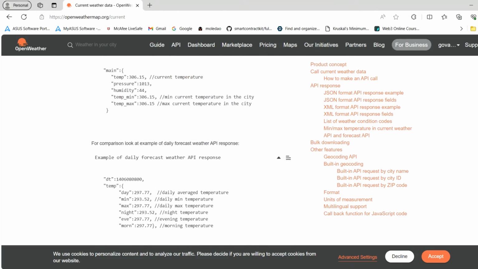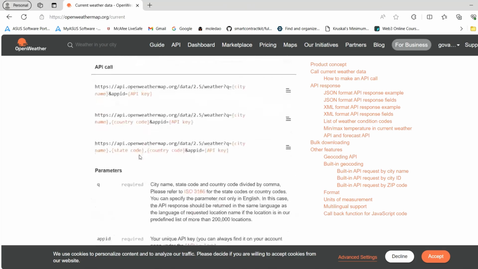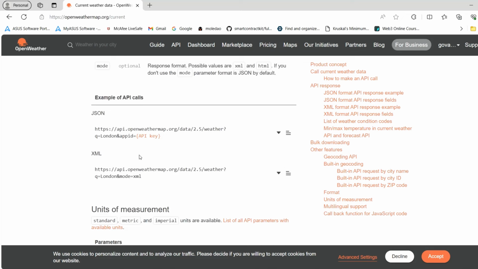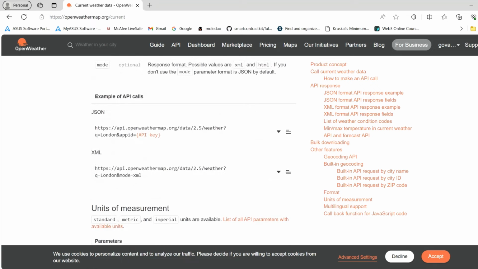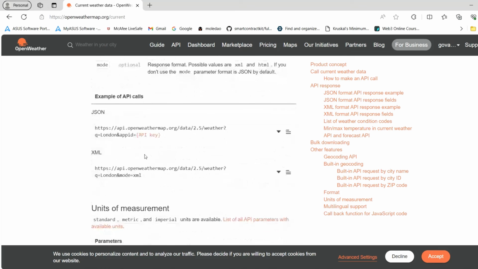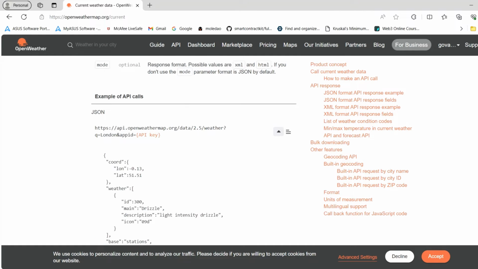We want city, guys, not all these things. So let me search for city. Yeah, here we got it. See, this is the URL for getting the weather details using city, guys. So let me copy it.